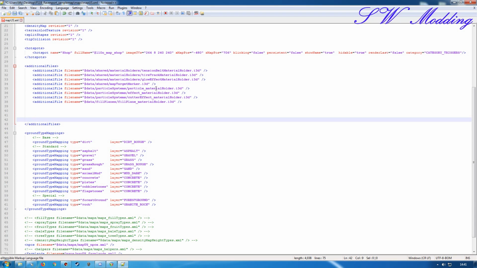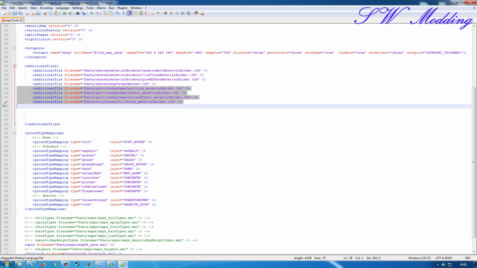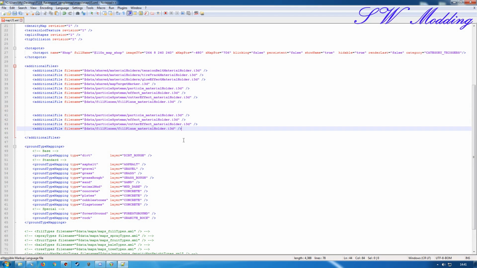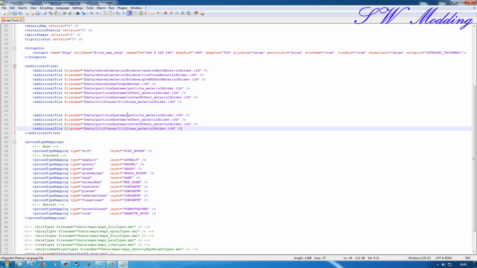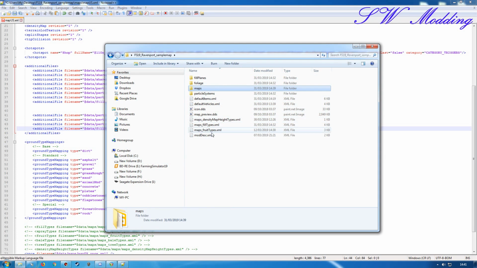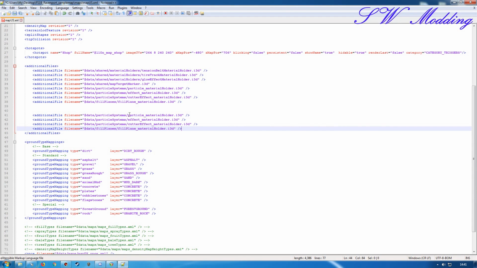So I've got particle material holder, effect material holder, cutter effect material holder, and fill plane material holder. So I can just literally copy all of those lines like so. We'll just put a space in between them, and then all I need to do is, mine are in my root folder here, so I don't need to have any kind of long file names. So all I can do here is particle systems, get rid of the $data at the end here,